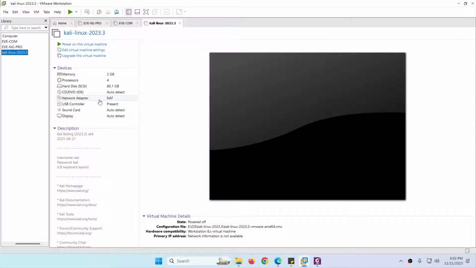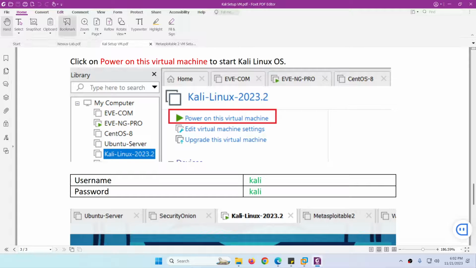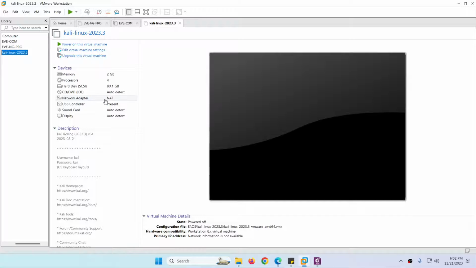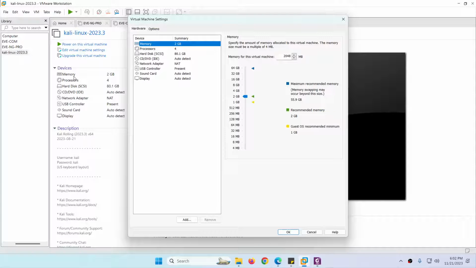Make sure to change the network adapter as per our lab topology. It has to be NAT. All the systems will be configured through the NAT interface. The memory is 2 GB. If you have more resources, as in my case, it's better to increase the RAM because we're going to install Nessus, which requires at least 4 GB. In my case, I will make it 16. You can keep it 4 GB or 8 GB as per your